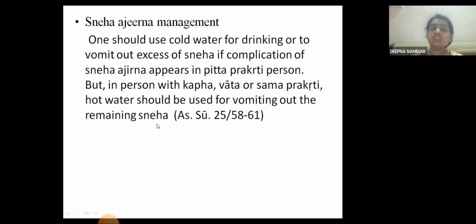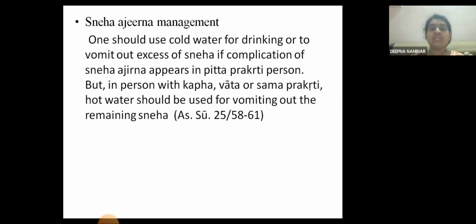And next is in the management of Sneha Ajirna. As we all know, Sneha Ajirna is a Vyapat of Sneha Pana, where if the use of sneha is not proper, it can cause Ajirna Avastha. Without digestion it can remain in the body. In this condition, we have to give medicines in order to vomit out the particular sneha in the body